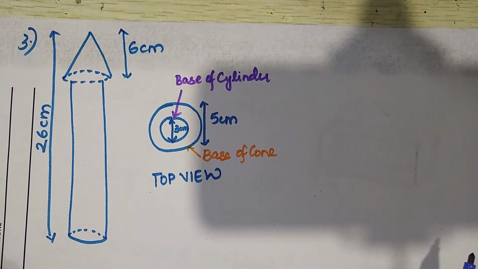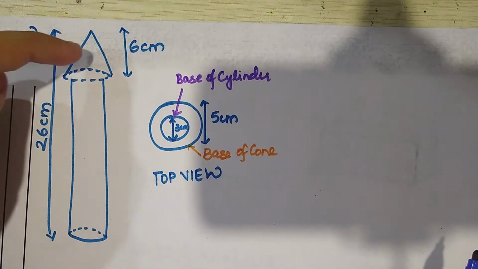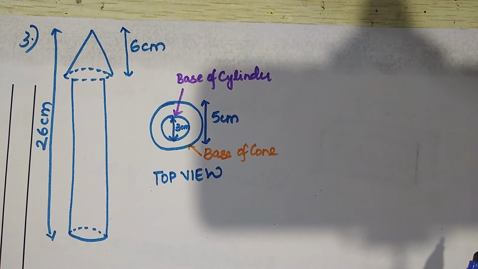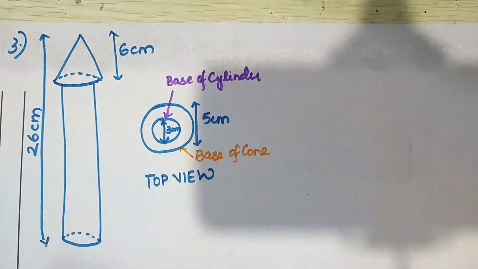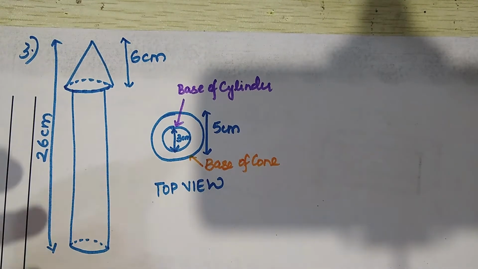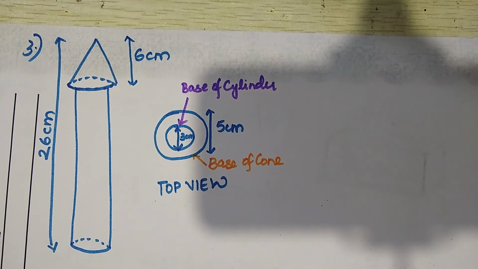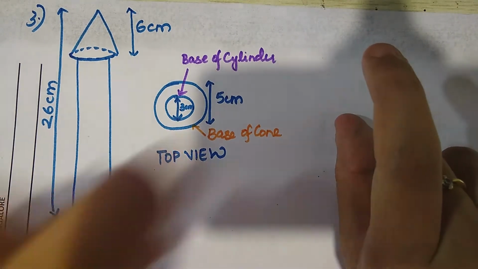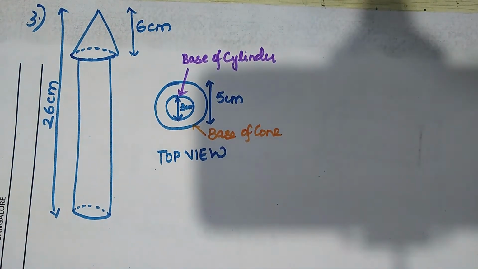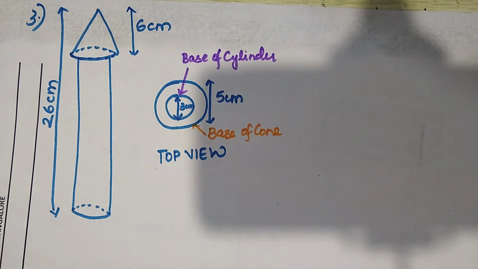So what you observe here, this new solid is a combination of cone and cylinder. So when you see these dotted lines are there, but you cannot see them because this is a 3D image. What you can do is you can keep a cylinder, right? Cylinder, and then on top of that just place a cone. That will give you a better picture of this. So we have to find the total surface area of the cone plus the cylinder. So let us see what we have to do.